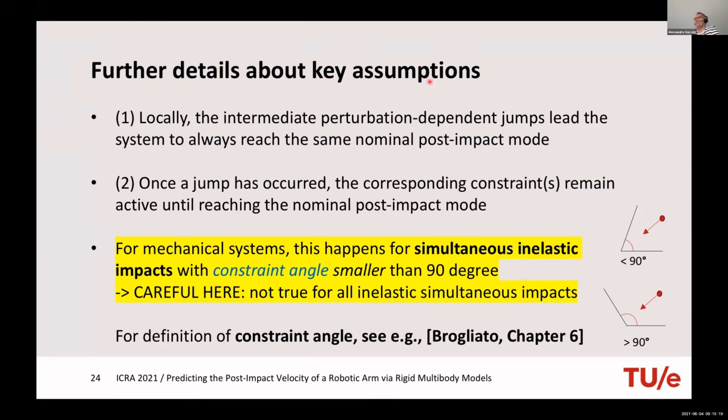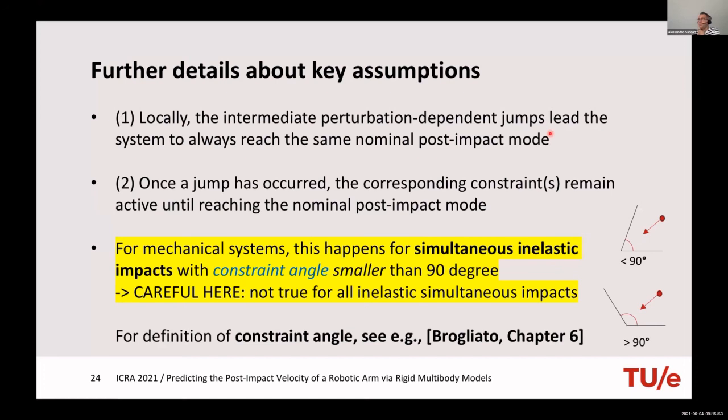So we have certain assumptions. I was saying inelastic impacts are actually not enough. You need to have inelastic impacts that essentially always make the system reach the same nominal post-impact mode. If you think of holding a box and impacting the table with it, you don't know exactly the sequence, but you know that the box will in the end end up with the whole face in contact with the table.